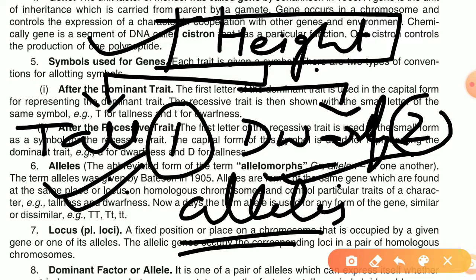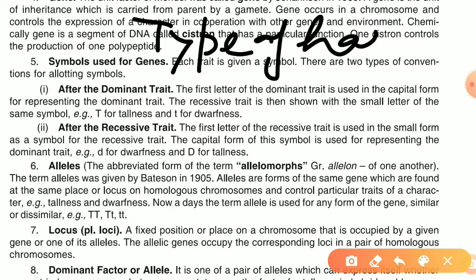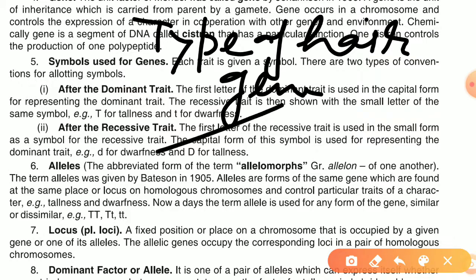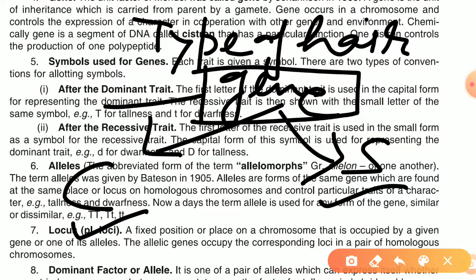So what are alleles? We can say alternative form of same gene, जो एक ही कैरेक्टर को कंट्रोल करती हैं लेकिन अलग अलग तरह से वो कैरेक्टर को रिप्रेजेंट करती हैं. जैसे if I talk about type of hair, so type of hair is a character. Every character is controlled by a gene, so there will be a gene to control a type of character here. But some of us are having curly hair, someone may have straight hair. So curly hair and straight hair are the two alternate types of the gene which control a single character, that is the type of hair.